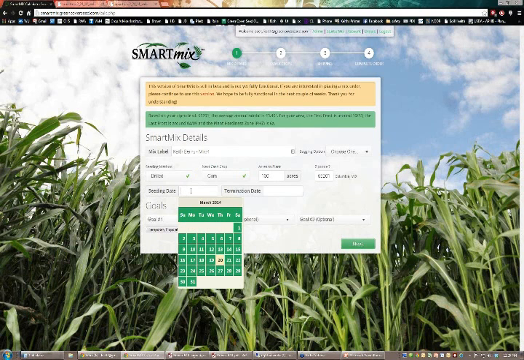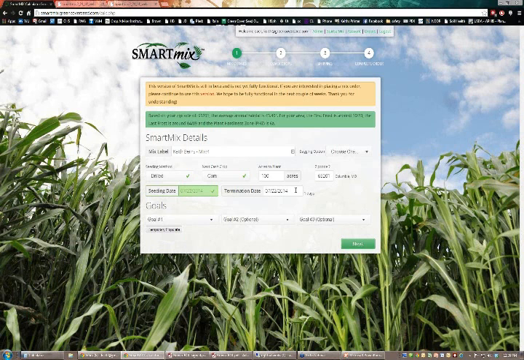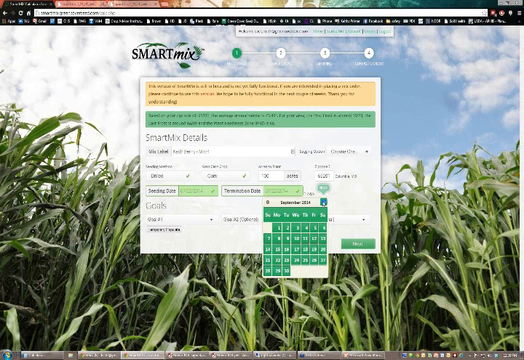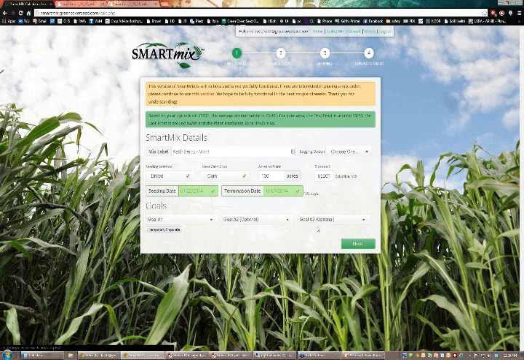The seeding date then, when are you going to seed this and when are you going to terminate it? And again, this information is going to go in to help make some recommendations. We're just going to do a scenario here where somebody has harvested their wheat off and they're going to come in with a cover crop after they harvest wheat. So we're just going to say we're going to plant this July 22nd, and we're going to terminate this. We'll just say November 1st because the frost will take out most of this. And so it says it's 103 days long, and we'll see some more information about that on the next screen.